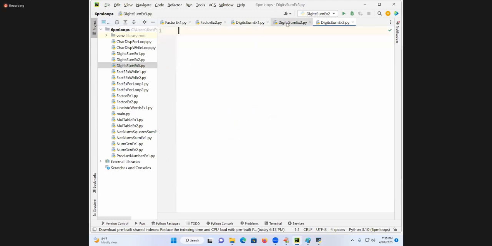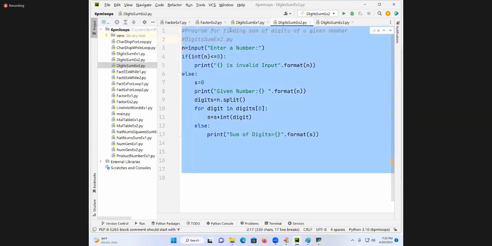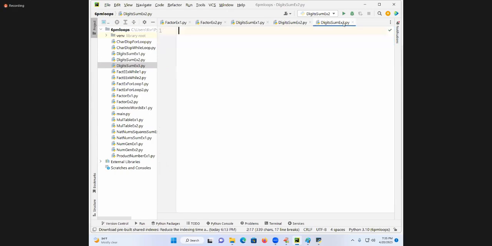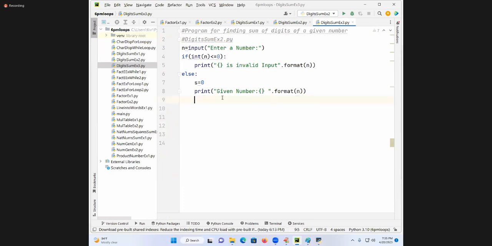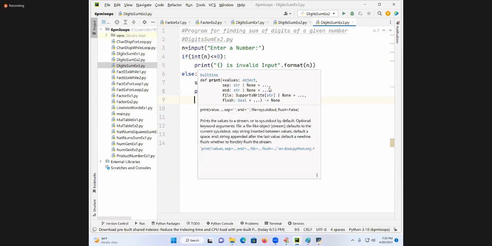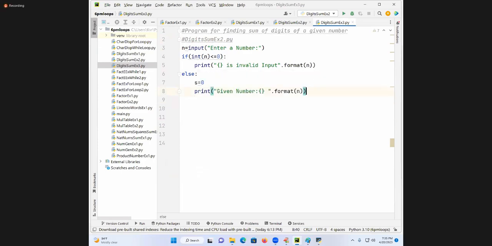Okay. Now take this example. Copy completely. See what I am doing. See that given number. Now what is that? N. What is the type of N? STR. I am converting into which type? List type I am converting. Typecasting concepts. Digits is equal to,